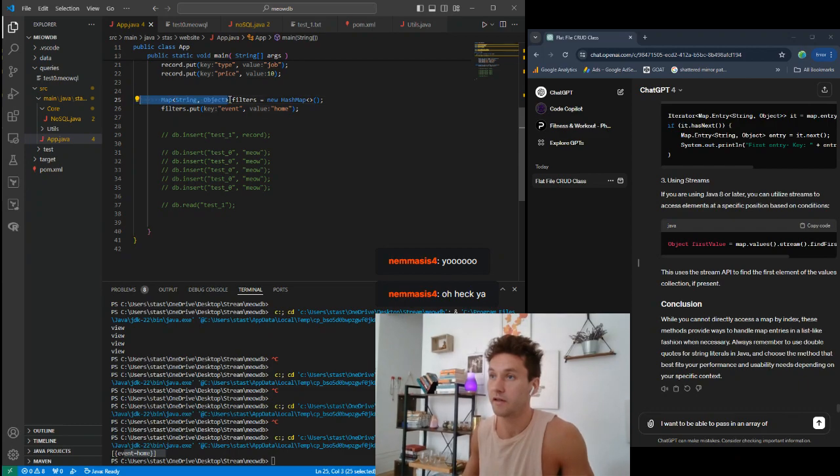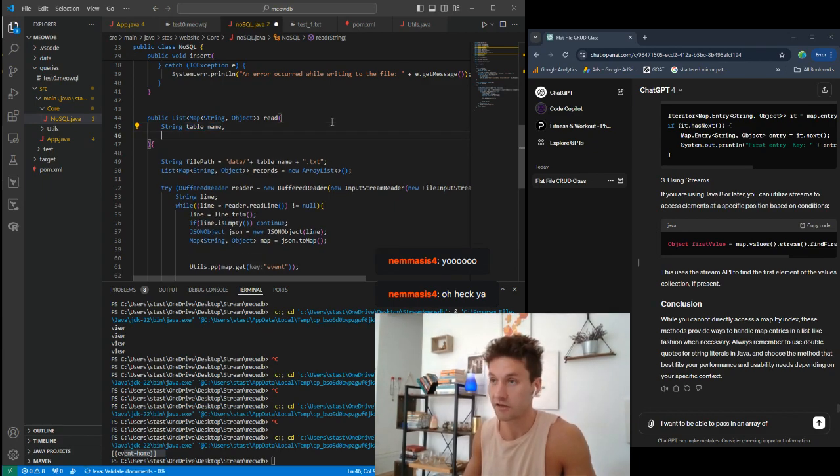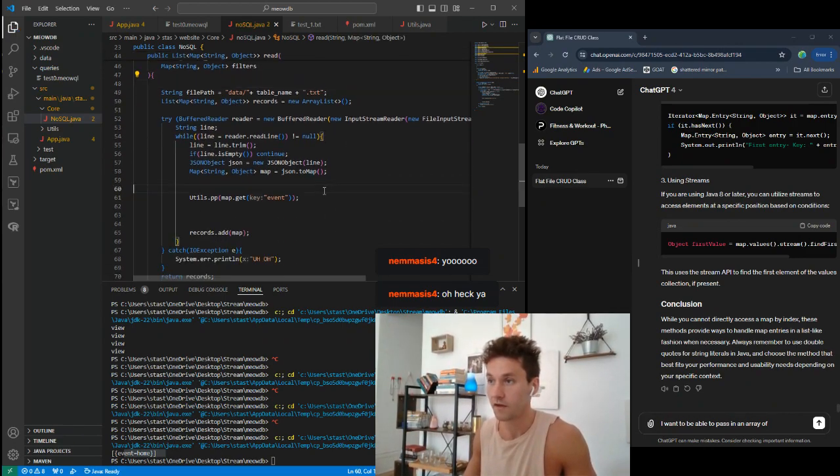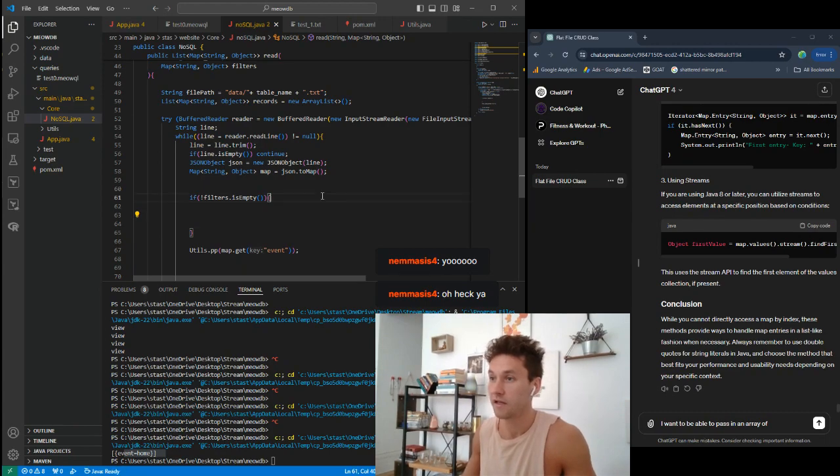So, nice. What do we want here? Read is actually going to allow a thing called filters. Now I'm going to say something along the lines of if not filters.isEmpty, and what I'm going to do here is say